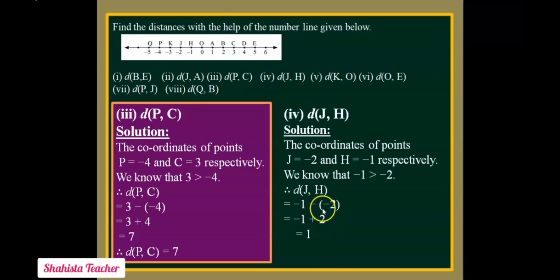This 2 is greater. This 2 carries a plus sign. So this 2 is greater than -1. Okay, because this -1 is negative and this becomes positive after multiplying. Multiplying by the same sign, minus into minus gives us +2. Now here we come across that distance of j comma h is equal to +1. So here distance of j comma h is +1. So students, in this way we finish sub question 4 of question number 1.